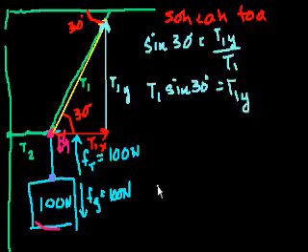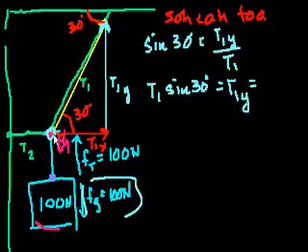And what did we just say before we dived into the math? We said all of the lifting on this point is being done by the y component of T1, right? Because T2 is not doing any lifting up or down. It's only pulling to the left, right? So the entire component that's keeping this object up, keeping it from falling, is the y component of this tension vector. So that has to equal the force of gravity pulling down. That has to equal this point.